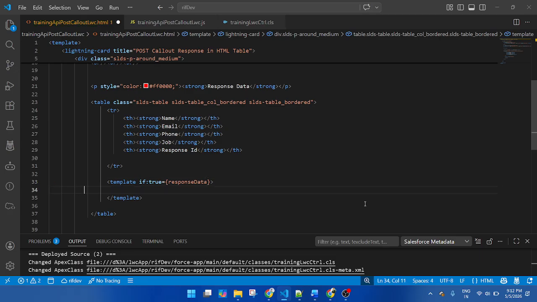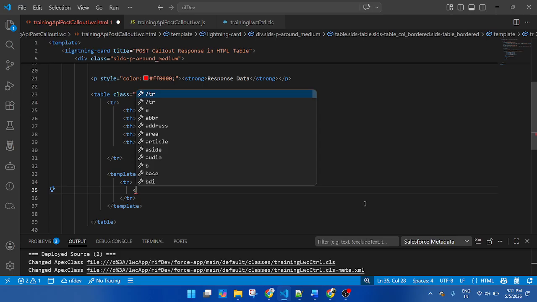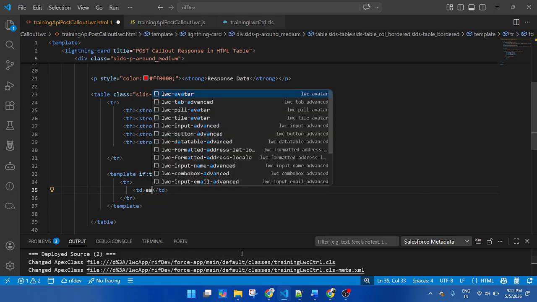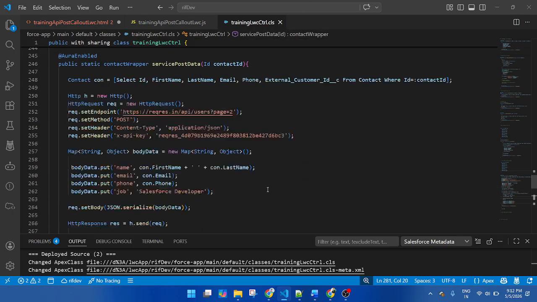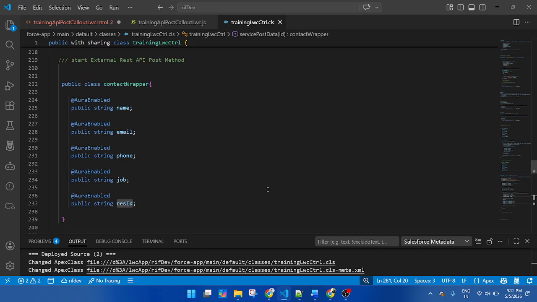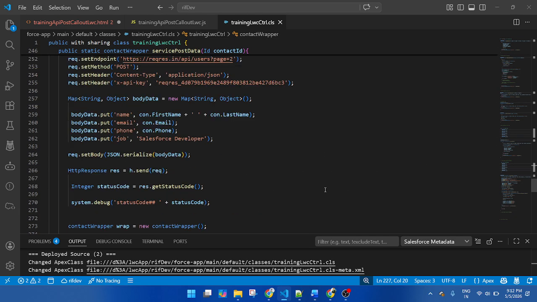Here down use tr and td, table data, and here I will pass the value dynamically. So this is an object, this is the variable dot, and this is the wrapper field name. These are the wrapper fields: name, email, phone, job, ID, because I am storing data inside the wrapper.